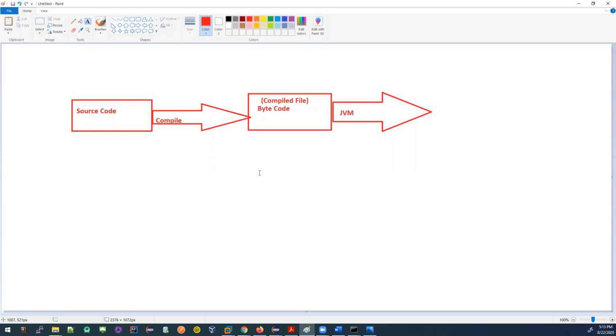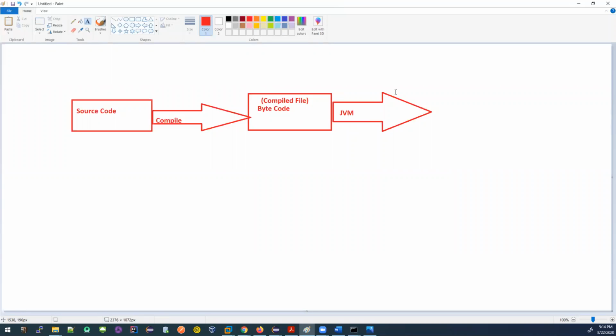It will allocate some memory for methods and for variables, and then it will execute. It will also verify the code. All these things are done by the Java virtual machine. Another specific thing about the Java virtual machine is that it does the execution of this bytecode.